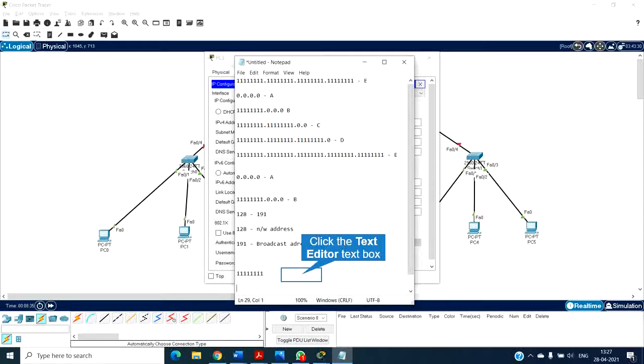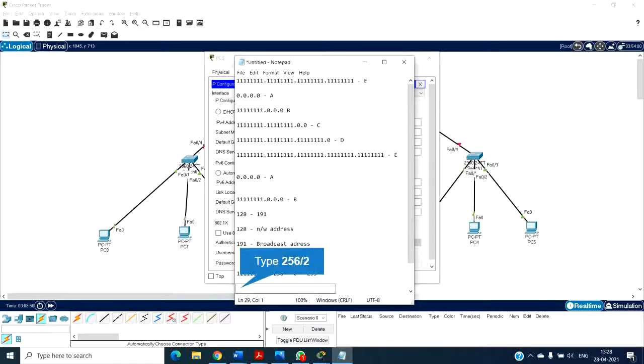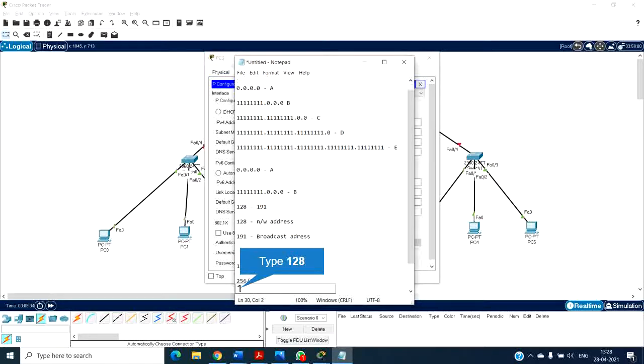So when I'm telling that I'm going to divide the octet into 2, this forms an address of 256. Why? Because it is 0 to 255, so the number of IP addresses will actually be 256. When I'm dividing them into two different subnets, I have to calculate something for which I should borrow only 1. When I'm borrowing 1, I'm actually borrowing 2 to the power 1. 2 to the power 1 is 2. So 256 divided by 2 forms 128.